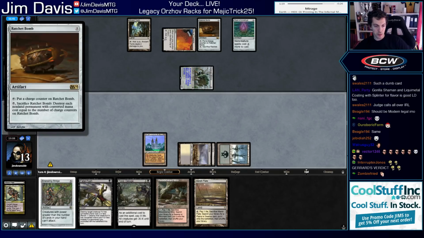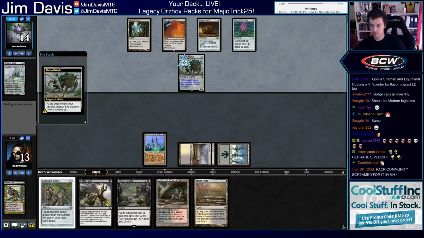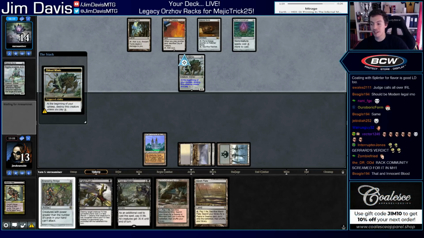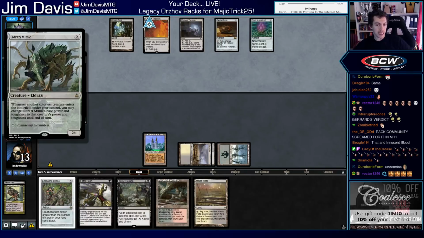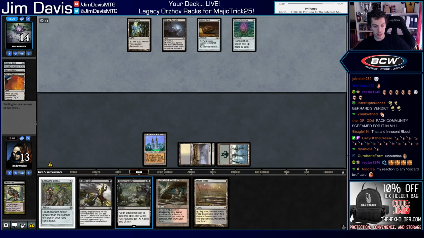They discard a Ratchet Bomb and a Reality Smasher. Love to see it. The Rack community screamed for it in all capital letters. That Innocent Blood. Innocent Blood's also a really cool card. I like Innocent Blood a lot. Say goodbye to the Mimic. They're going to smash us here. We have Deluge, though, so...